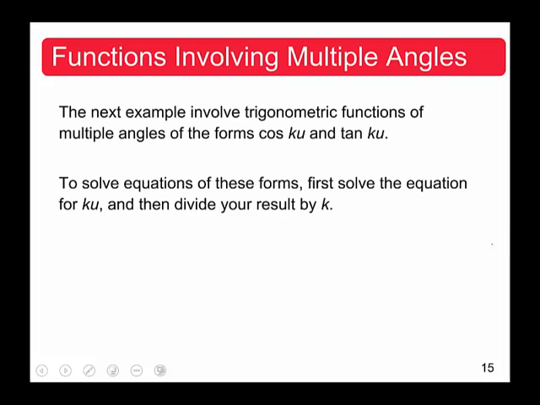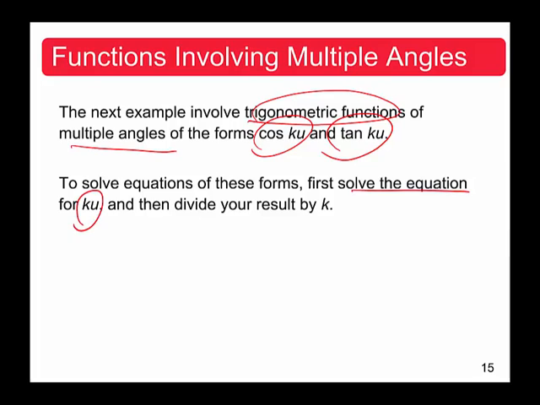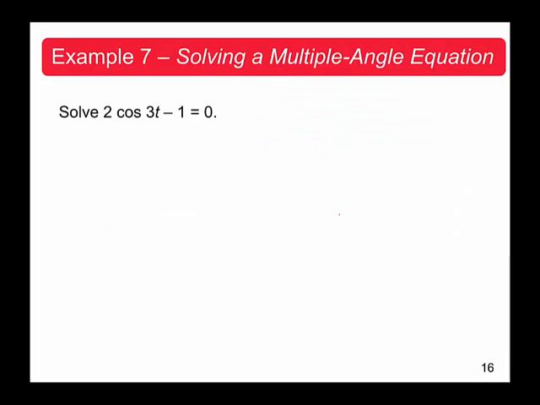Sometimes the functions involve multiple angles. Next example involves a trigonometric function of multiple angles in the form cosine ku or tangent ku. First of all, solve the equation for ku, and then after that divide the result by k, a constant. K usually is a constant. Now, look at this. We get 2 cosine 3t minus 1 equal to 0. This is in parentheses if you want to make it more clear. So first of all, you want to isolate cosine 3t